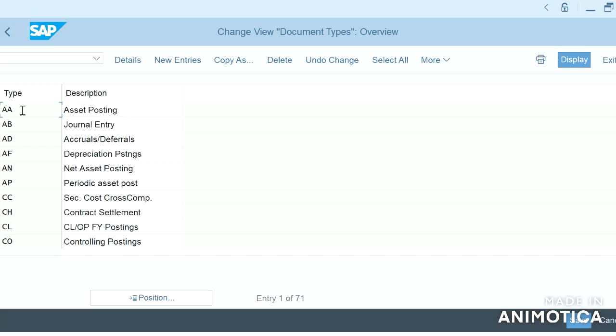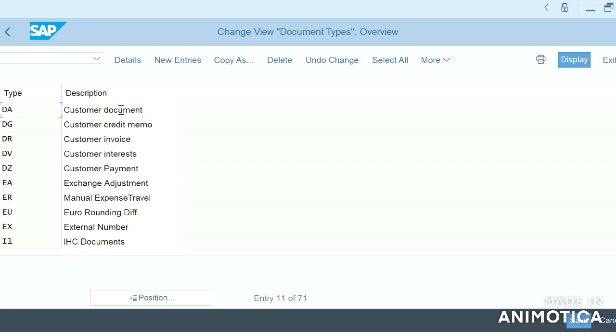By seeing this, we can tell AA means asset posting, AB is a general entry document. AF is related to depreciation postings, AD accruals or deferrals, AN net asset posting, CO controlling postings. The main document types: DA customer document, DZ customer credit memo, DR customer invoice, DZ customer payment.